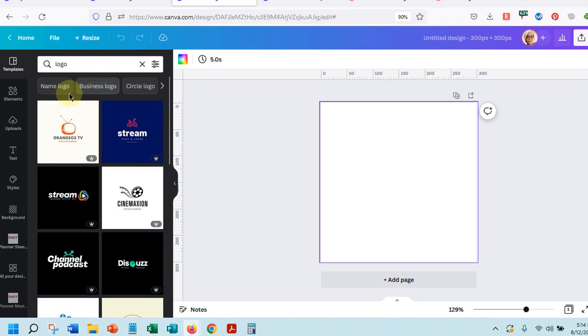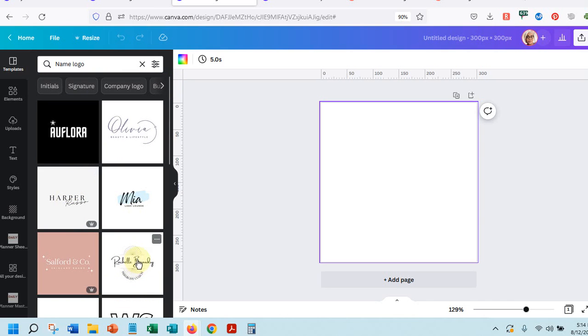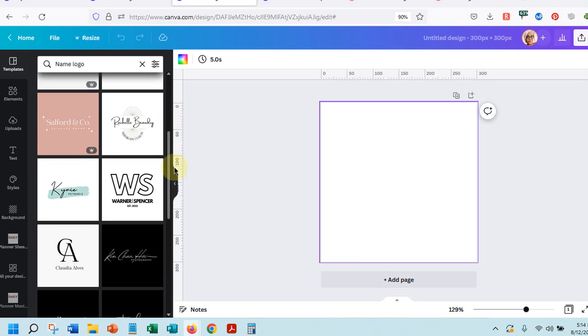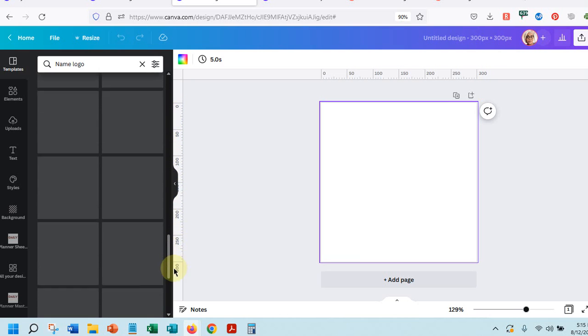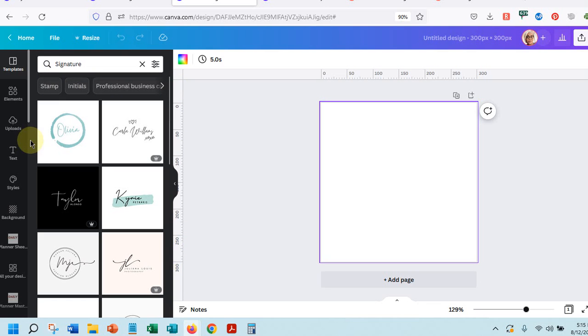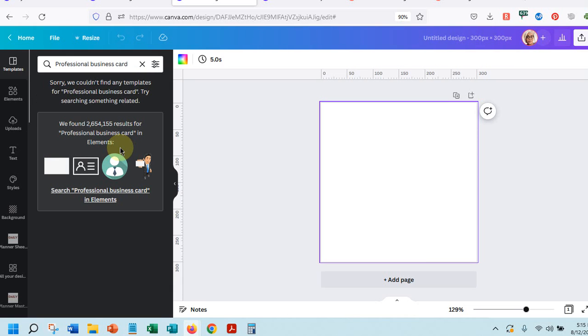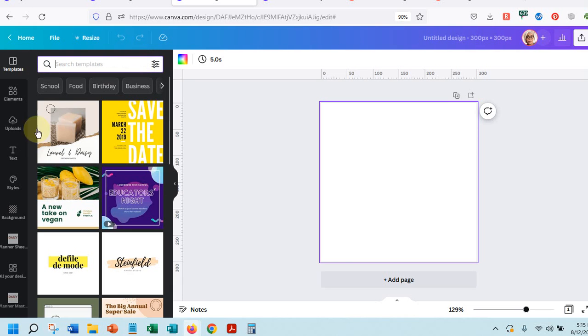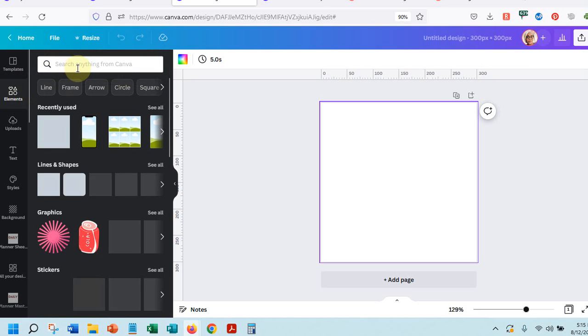Now up here, you're going to have some different choices. So a fashion logo, a company logo, a brand logo, business logo, name logo. So if, say for instance, your business is your name, you might want to check these out. So here's some templates that give you a really great starting point for a name logo. If you have a signature logo, you can check out these. Professional business. Okay, so that one is not a good one. Professional business card is not a good